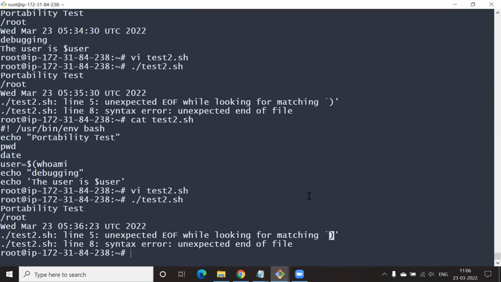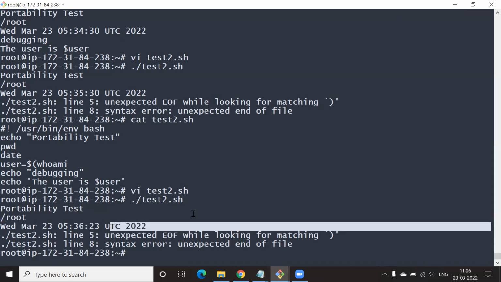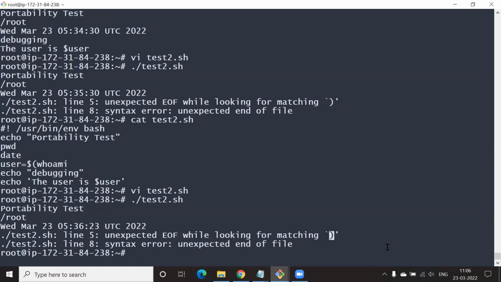Good. Now try to tell in your terms what happened. It's searching for this closing bracket, that's why it's giving this error. More precisely, lines 1, 2, and 3 had no problem, it successfully executed those commands. But in the fourth line, it is saying line 5, the bracket is expected. So when you look at it, you understand that on line 5 there is some problem.